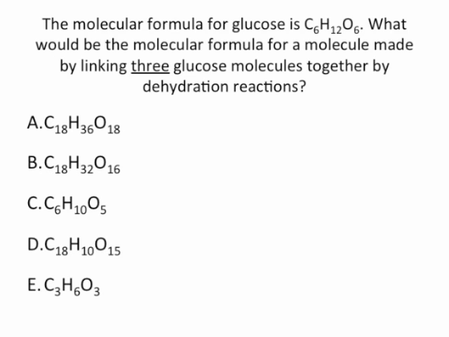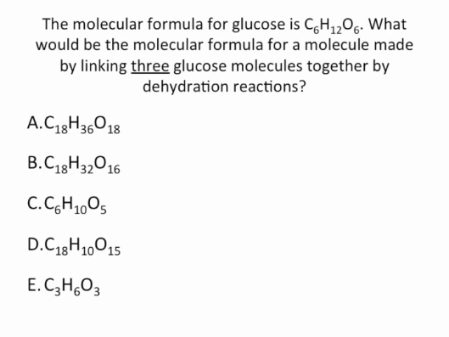Okay, so here is another question. The molecular formula for glucose is C6H12O6. What do you think the molecular formula for a molecule made by linking 3 glucose molecules together would be? So linking them together by dehydration synthesis. A lot of you forgot something, but a lot of you thought this was a lot easier than it actually was. But you should have thought there's got to be a trick to it, right?